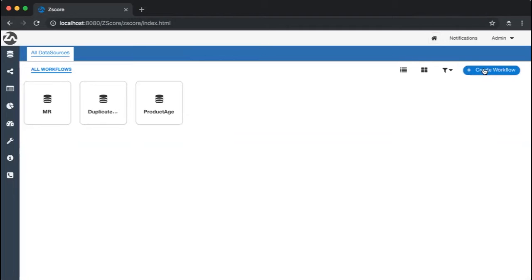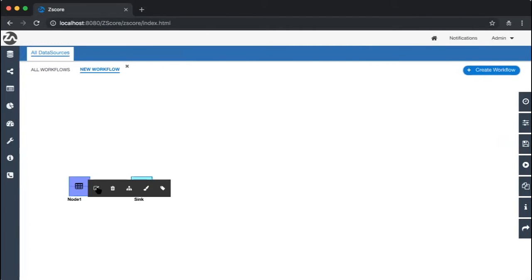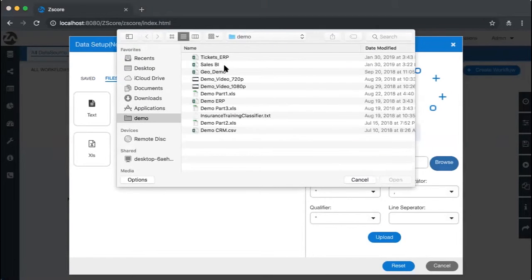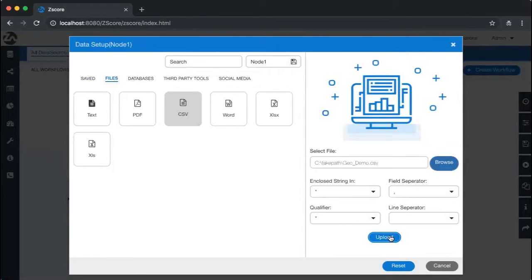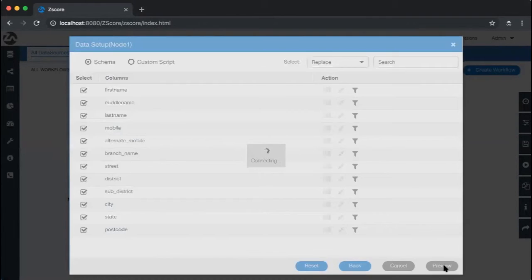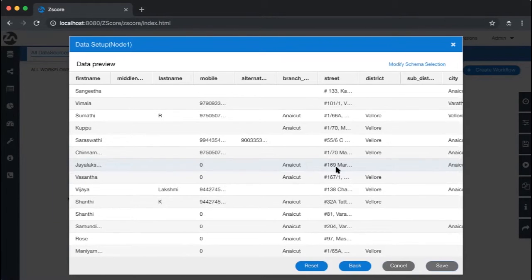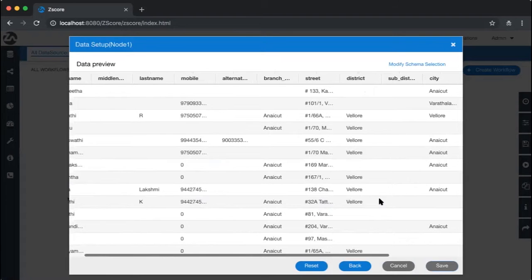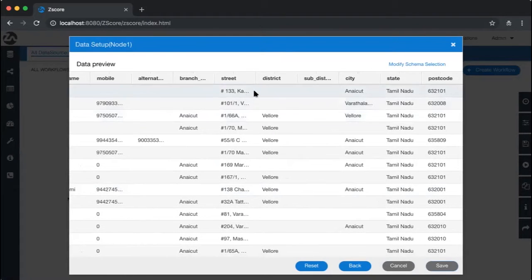Then I'll show you another example where we do analysis of geographical data. Currently, I'm going to show it to you for India. Since most of our customers are Indian customers, we are only doing it for India at this point in time, but we plan to increase it to US data as well. This is customer data which has information about all their addresses with the street, district, sub-district, city, state, and postcode. Now, the problem here is that